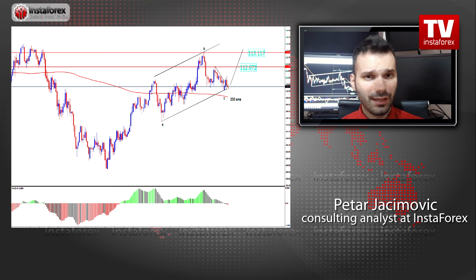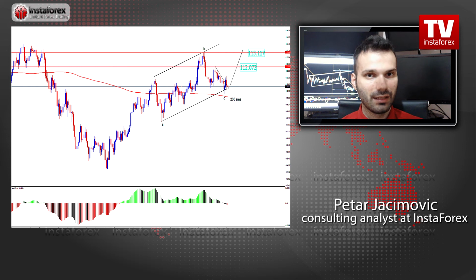I also found the breakout of the, let's say, 10-day supply trend line, which is a good sign that buyers may continue buying this currency pair. So watch for buying opportunities. The upward target is set at the price of 112.05. This is based on the previous price action according to the daily time frame.